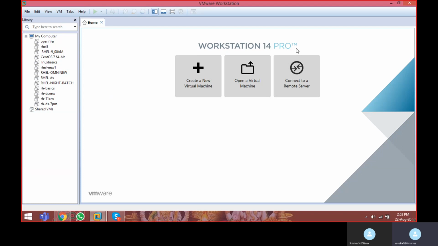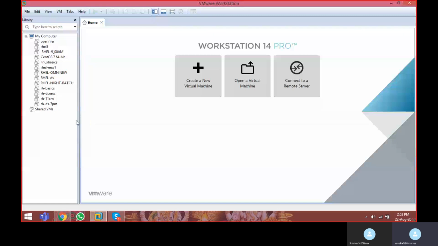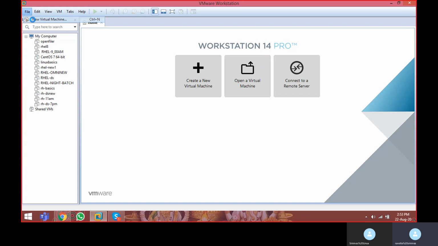Now we are going to discuss Linux operating system in a virtual environment. In a virtual environment, you need to download a software called VMware Workstation. On top of this VMware Workstation, we are going to create a machine, and on top of that, we are going to install the Linux operating system. Now how to create a virtual machine, we are going to see. Click on File, click on New Virtual Machine,